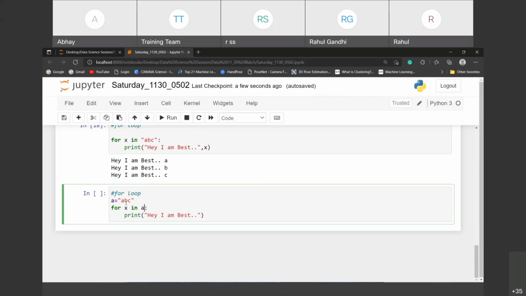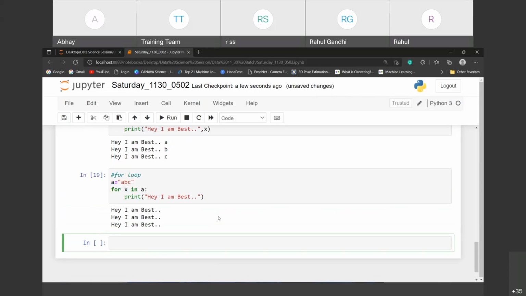The variable I'm passing, no. So ABC. So check out, this is three times. Why? Because you are storing that ABC into A, no. So whenever he will pass the data, that time definitely he will throw the ABC here. So A will go, B will go, and C will go.